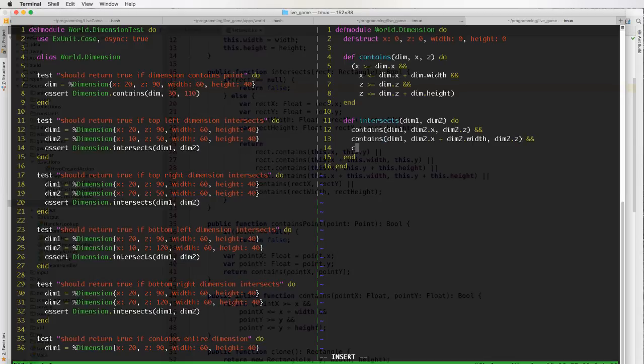And contains dim1, dim2.x, dim2.z plus dim2.height, and contains dim1, dim2.x plus dim2.width, dim2.z plus dim2.height, and